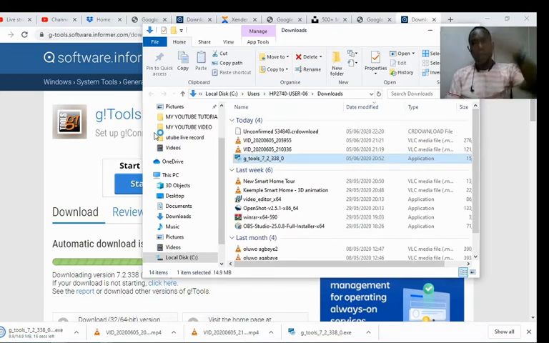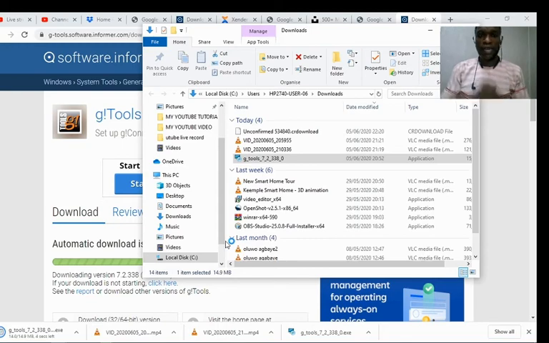Now while we are installing this, there are some softwares it will need to work with. So in the process of installing, if it requests for any software, click on yes to allow it to run. If it requests for any software, just allow it to download that software and install into your system.